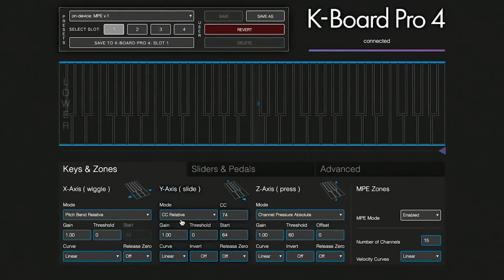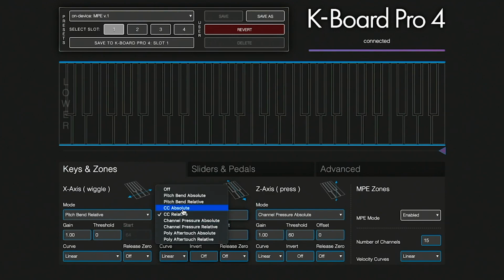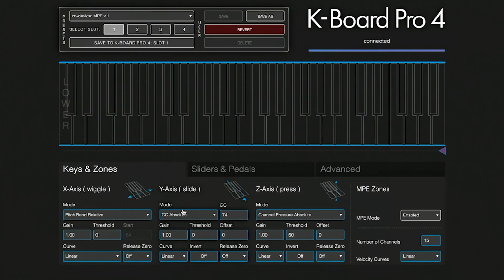Relative means when I put my finger down on it and move it up, that'll be when the mod wheel responds. But when you touch absolute, that is instantly jumping the mod wheel up to that value from the 0 point, which would be down here. So